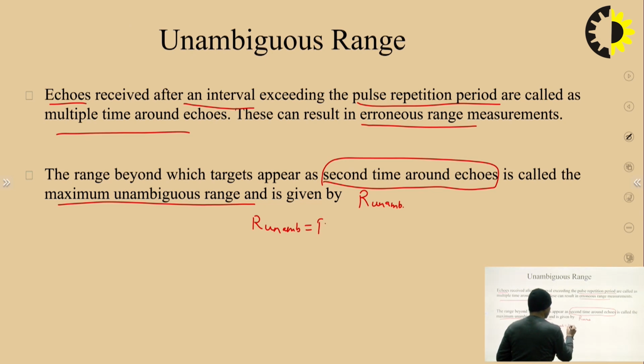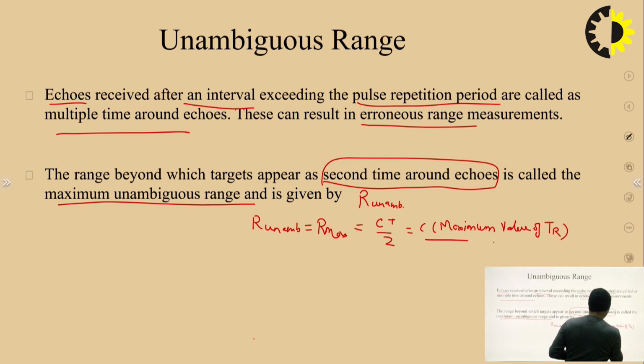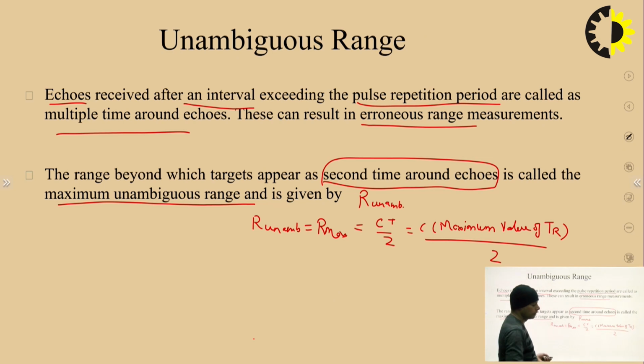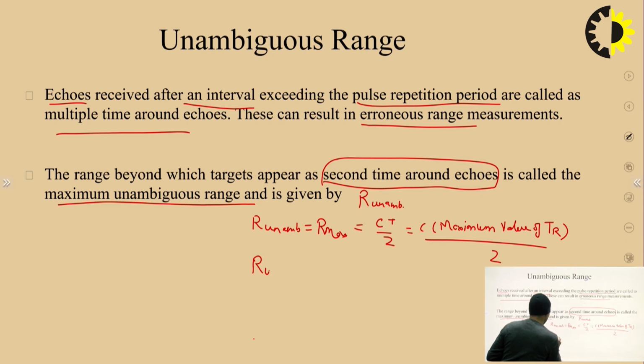is equal to the maximum value of distance, or the unambiguous range is equal to C into T by 2. By this formula it can be given, or we can also write it like this: C into the maximum value of this TR divided by 2, or we can now put the value of this TR, T on plus T off. So it will become R